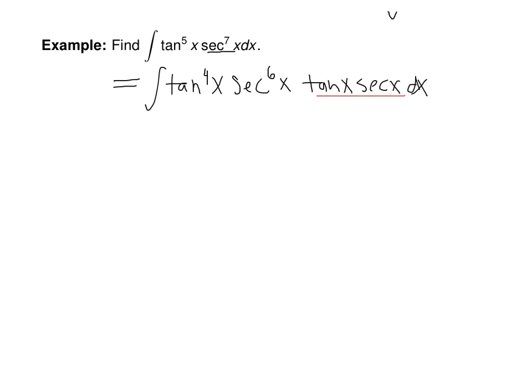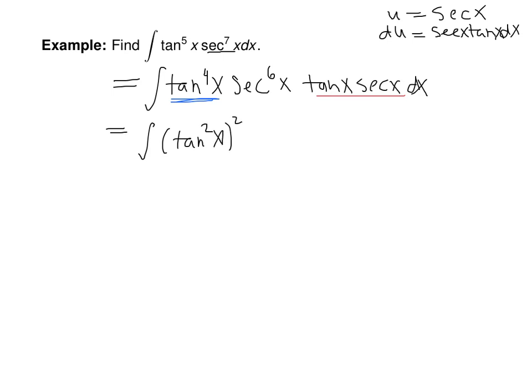So if we were able to let u equal secant of x, then du would equal secant x tan x dx. Now to do that, we have to change these tangents into secants. But that's completely doable. That is the same thing as tangent squared x, squared,